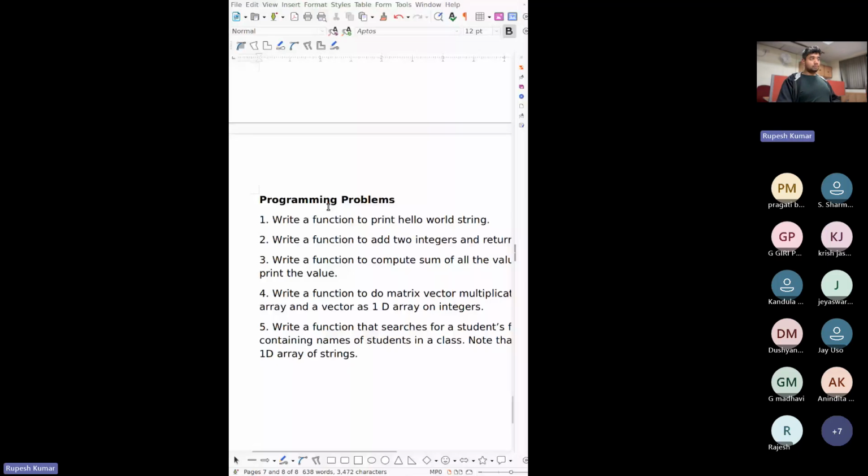Am I audible? Hello, am I audible? Can anyone just confirm by typing in the chat box? Great. So are you familiar with the concept of functions in C?